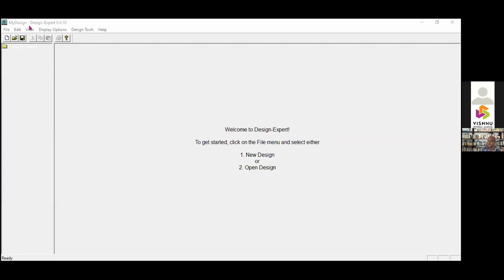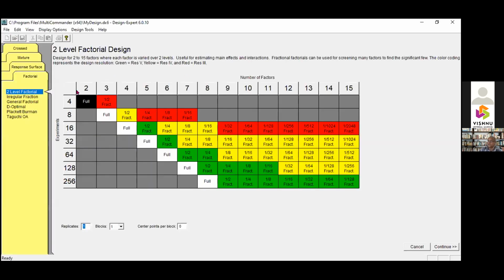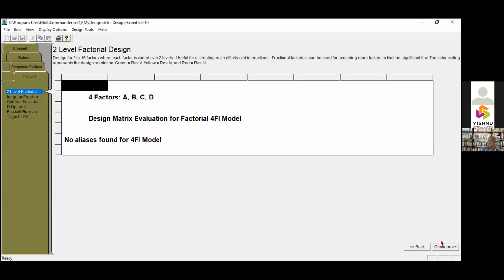So in Design Expert, you start with a new window. This is the two-level factorial design. Here, if you choose, say, 4 factors, half fraction: if you choose 16 runs, then it is a full factorial experiment. If you choose half of that, it is an 8-run fractional factorial experiment.